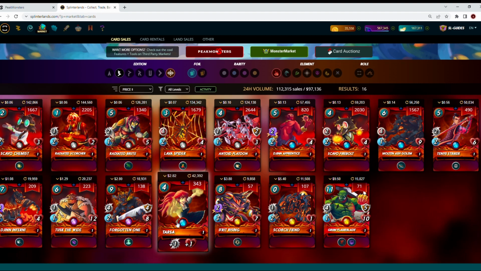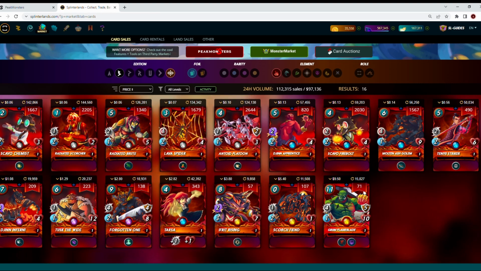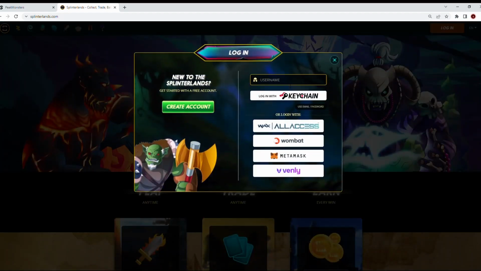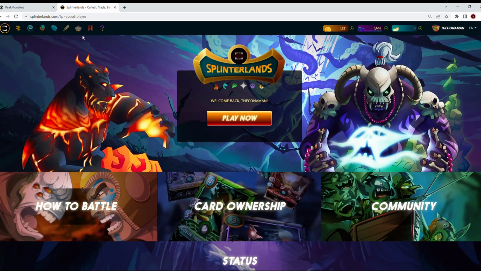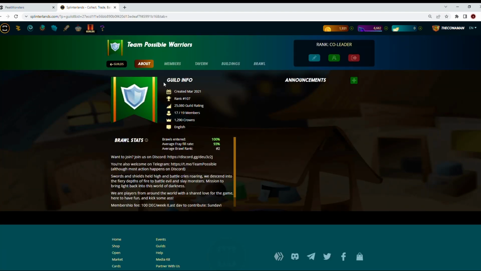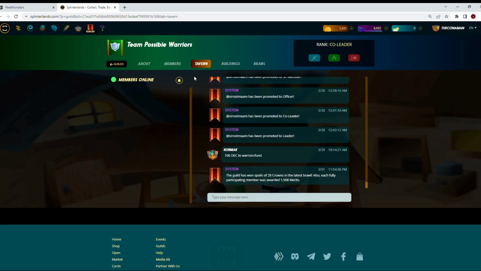And then finally the next thing is guilds. So guilds are really important. Let me switch accounts quickly to the deck. But guilds are pretty important, and the reason they're important is, one, they give you a DEC reward bonus depending on what level their buildings are. So in our case, you can see,